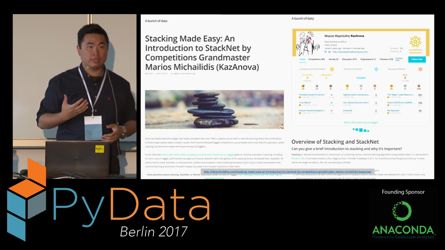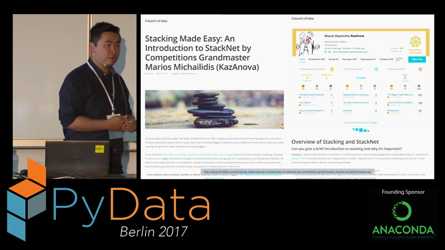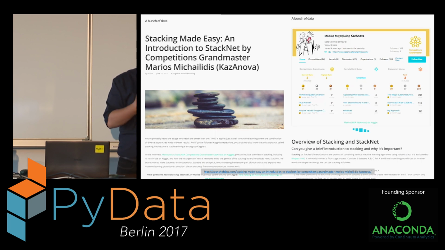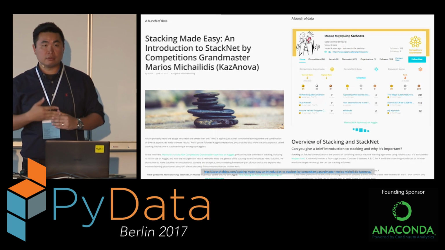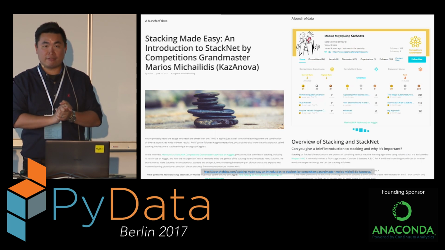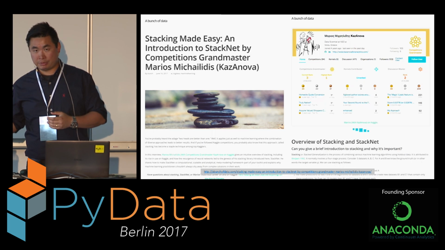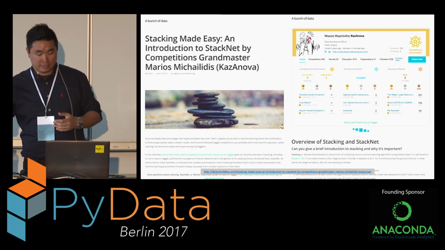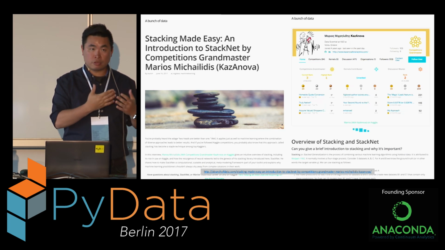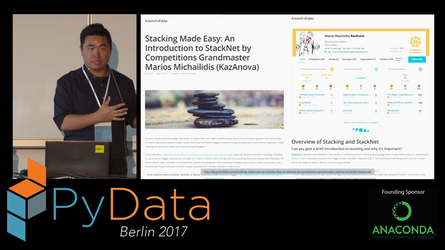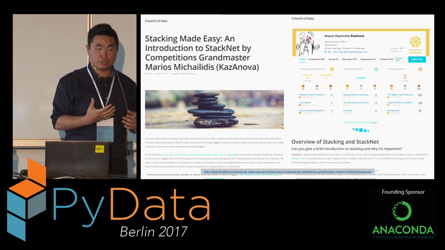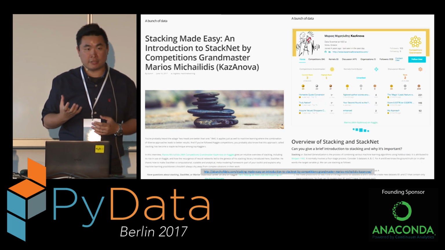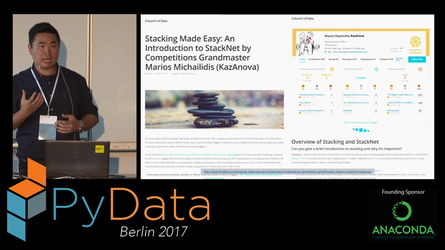And this also works for Marios. Marios, if you know him, is a top Kaggler. He was the former number one Kaggler on this platform. He also joined H2O. Thankfully, we have him to bring his experience into H2O to improve this stacking as well. He has his own software called StackNet. He's really experienced in stacking models, and he actually won a lot of competitions using stacking. So this is one of the techniques you may want to use if you want to join a Kaggle competition.